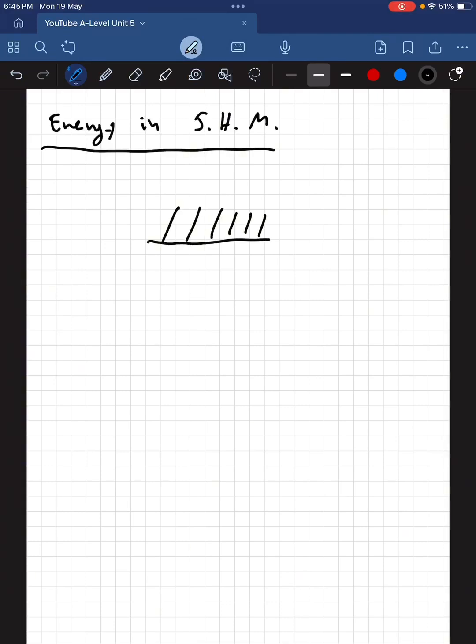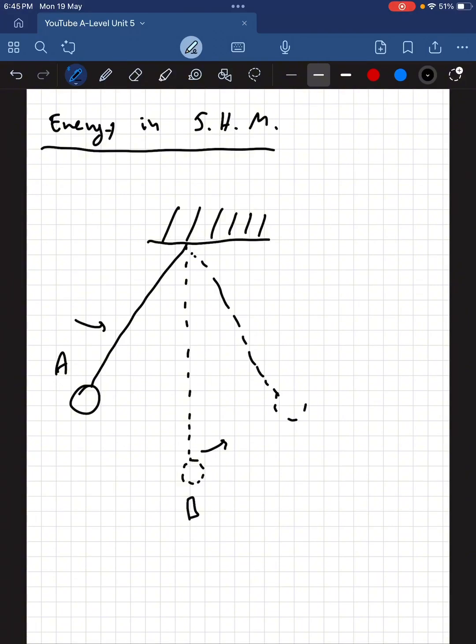Okay, so let's say that the pendulum starts from the top position, so from a maximum displacement to the left. Let's call this point A, let's call this point B, and then if it starts from up there, it will move to the right through the position of equilibrium all the way to the left to position, let's call it C, and then it will move back to position, let's call it D now, which is the same as position B, but the direction of motion of the pendulum is in the opposite direction,